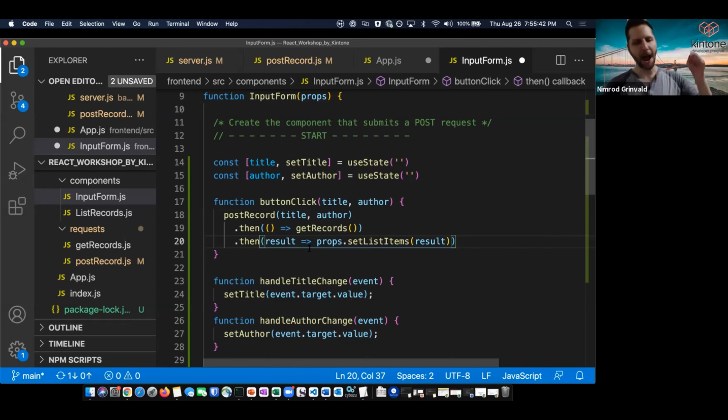I click on a button, I pass my title and my author to my backend, I post the record. And then when the response is received, I'm going to make another request. This is going to be a get request. And then I'm going to get the newly updated records. And then I'm going to take that result. I'm going to update the state of my parent component,